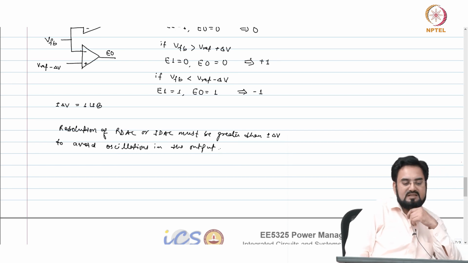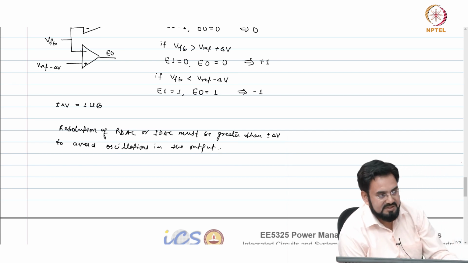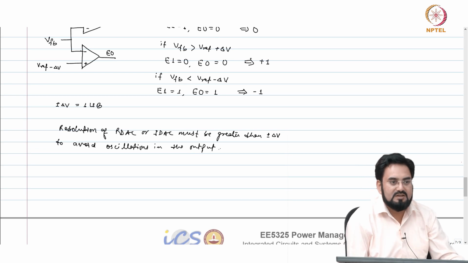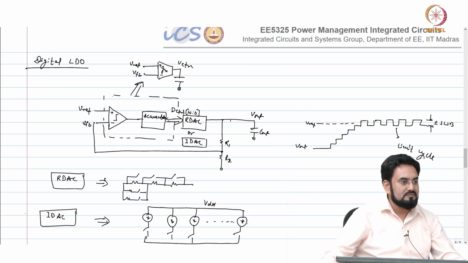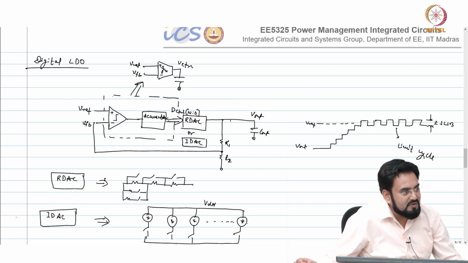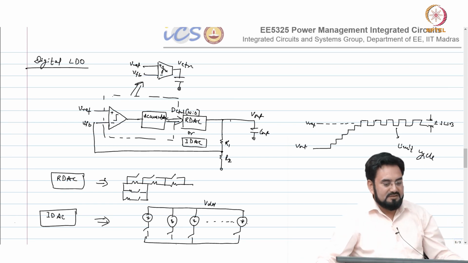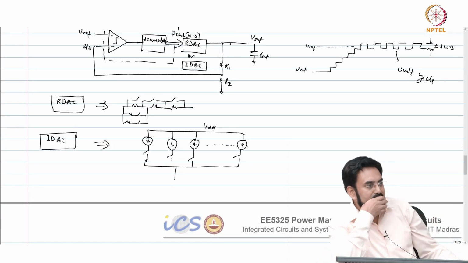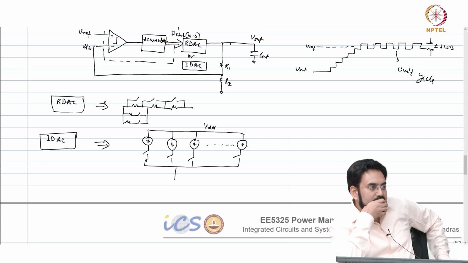So, how will you define the worst case LSB or resolution, at a maximum load or minimum load? Your LSB will be decided at minimum load, because at minimum load your R out is very high. So, let us say you are using IDAC, minimum load in RDAC also. RDAC maximum load? How come? Why? Your output code should be far from LV.